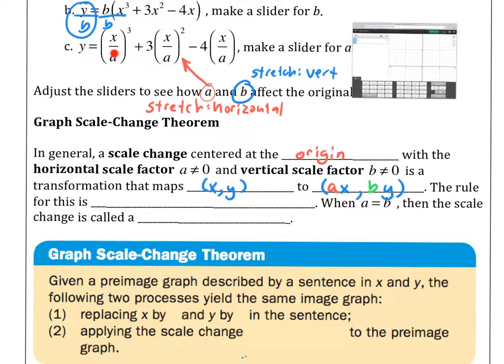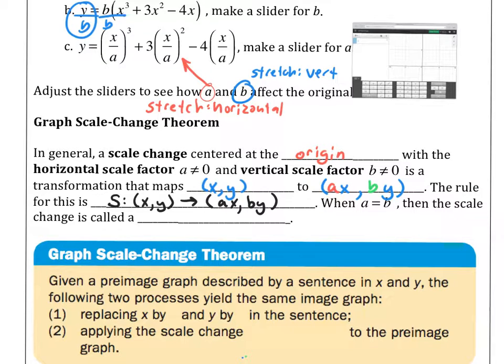Whatever number is dividing the x in the function is what we are multiplying the points by. So it's sort of an inverse relationship. We've actually seen this before with the shifting, and we'll unpack that in a second. So the rule for this can be described as, all right, it's an S, probably for scale, and we say x, y gets mapped to, in this case, ax,